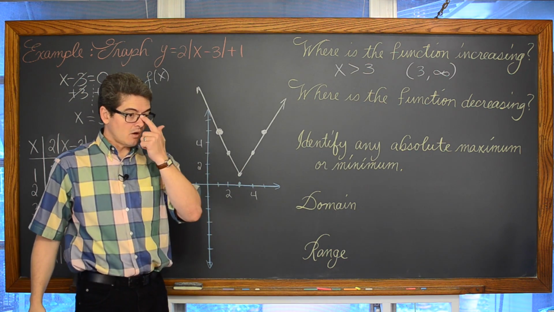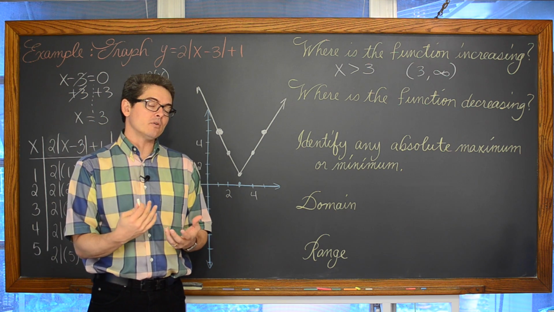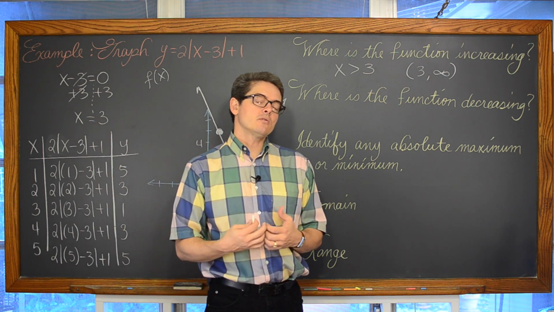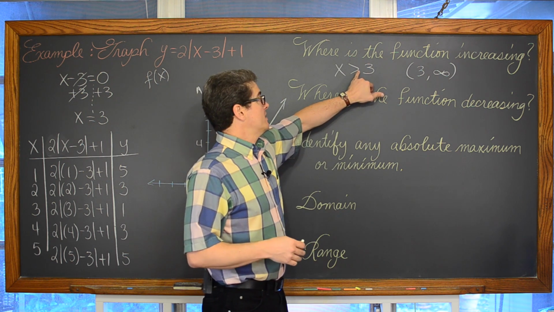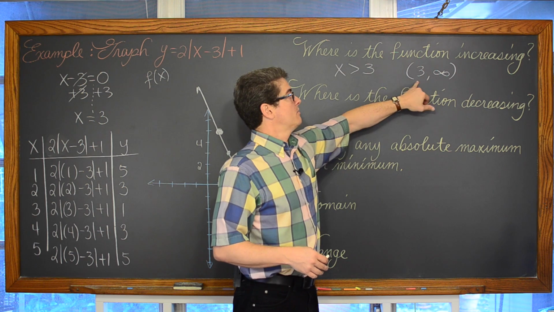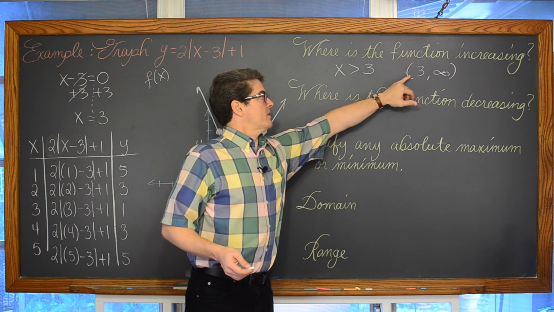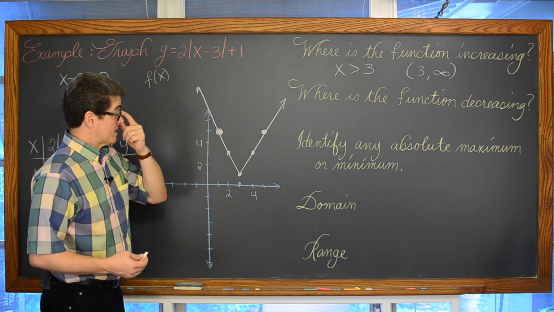Now, all of my textbooks say that a function is increasing or decreasing on an open interval. Some textbooks will say that they can increase and decrease on a closed interval, and if that's the case, your text might have an equal sign here and a square bracket instead of a round parenthesis, indicating greater than or equal to as opposed to greater than. I'm being consistent with my textbooks.